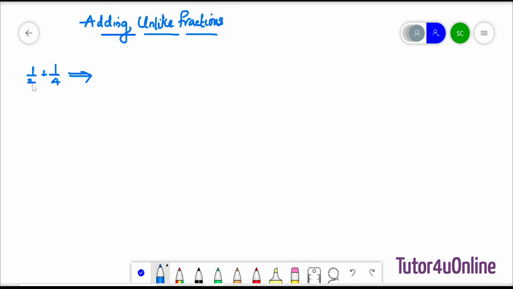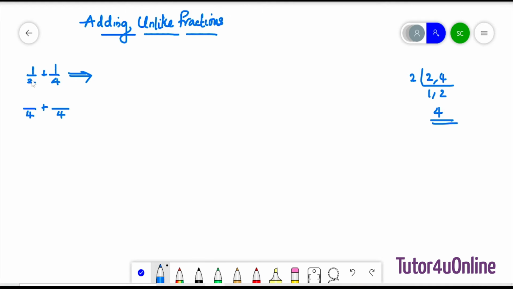One of the simplest methods is to find the LCM. So 2 and 4, how will we find the LCM? 2 comma 4. The common multiple is 2. Then 1, 2. Now take the number 2. 2 times 1 is 2. 2 times 2 is 4. So 4 is the LCM. So we have the common denominator as 4 plus 4.